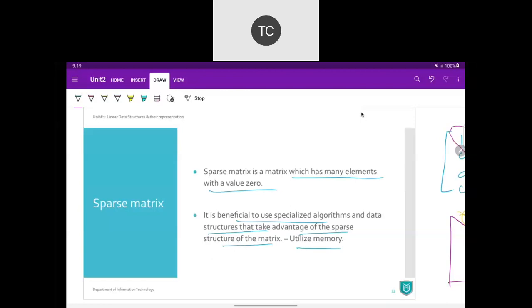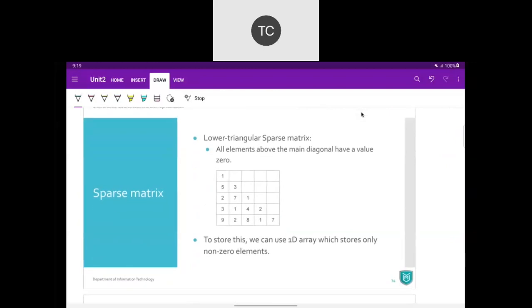Now, what are those algorithms? Specialized algorithms that we are talking about here is nothing but some kind of mapping. 2D to 1D. When we convert, we need to have some kind of mapping in between those two. So let's take an example of a lower triangular sparse matrix. Now this is the random example of one matrix. Okay, there is nothing like actual data, random numbers, but the structure of this matrix is lower triangular, which means